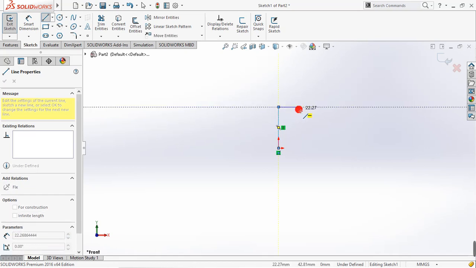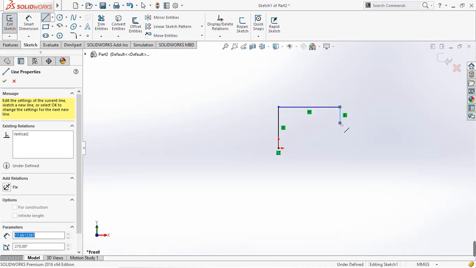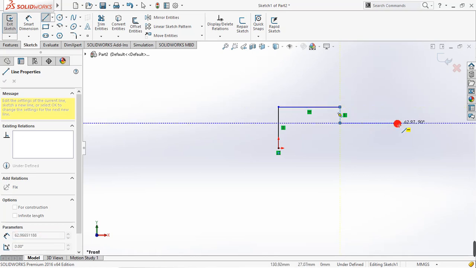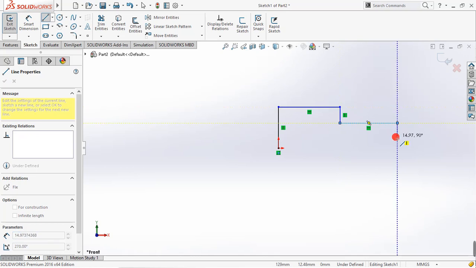So there you have it. You have the vertical line, followed by a horizontal line, and then another vertical line which is shorter than the previous, and then another horizontal line, and finally change the line type by pressing again the S